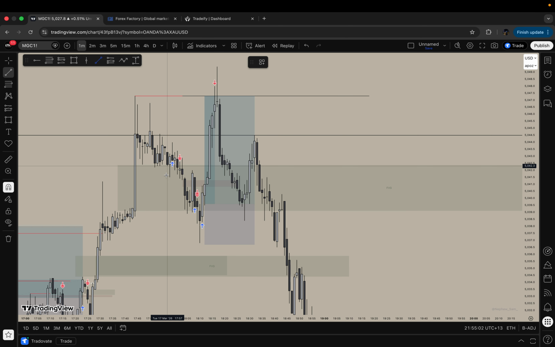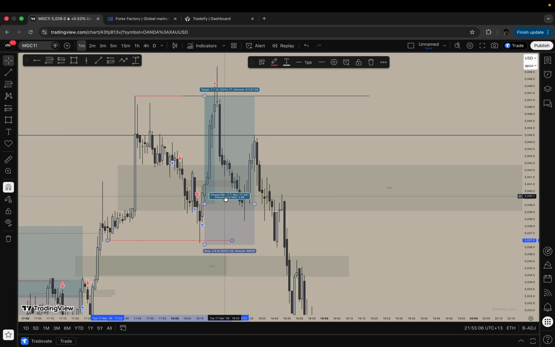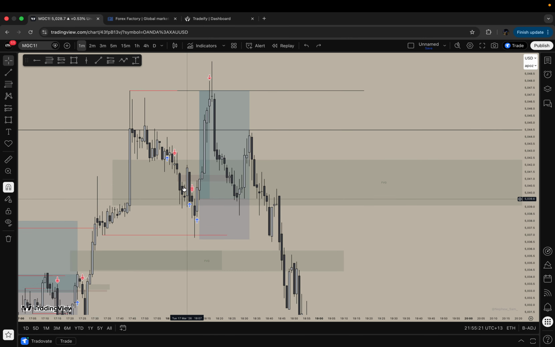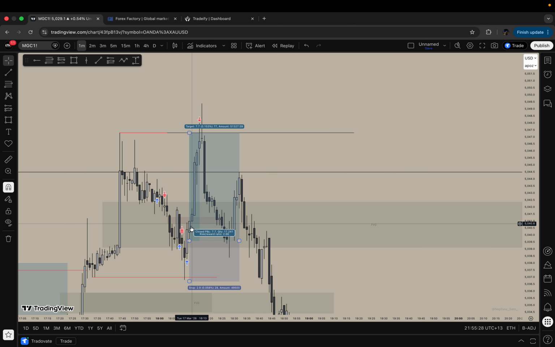So pretty much what I was waiting for was a liquidity sweep, right? I wanted all these lows to get taken out. We get all those lows taken out, and as you guys can see here, I made an idiot move trying to catch the move back up here again. I didn't want to talk about that, but we get a sweep of all these lows, so we have no more lows down here, and we get a nice bullish reaction. I pretty much entered on the fact that we swept these lows, and we get a nice bullish reaction, and just targeting these highs up here.